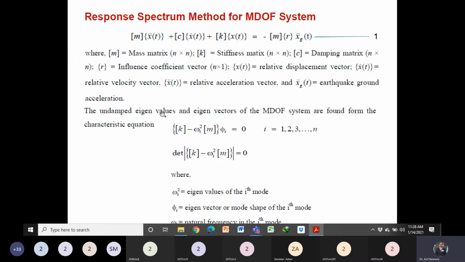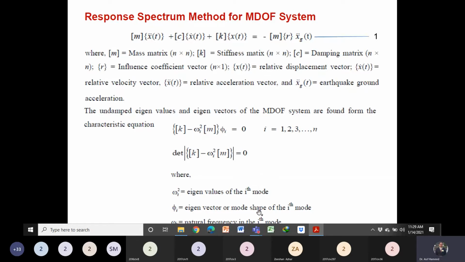Look at this one. Are you familiar with this equation? K minus omega n square mass matrix times vector A, here is the eigenvector phi only. Why did we do this? It was the equation for modal analysis, and we have proved it. Yes, sir. K minus omega n square mass matrix multiplied by vector A is equal to 0. We can find the determinant of K minus omega n square M, and we will have the polynomial equation.